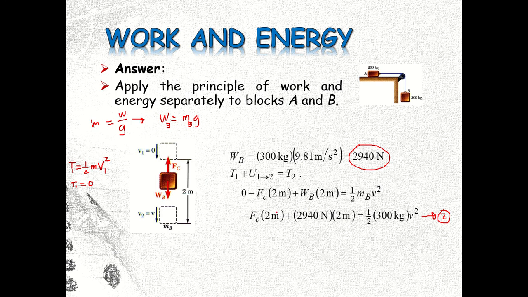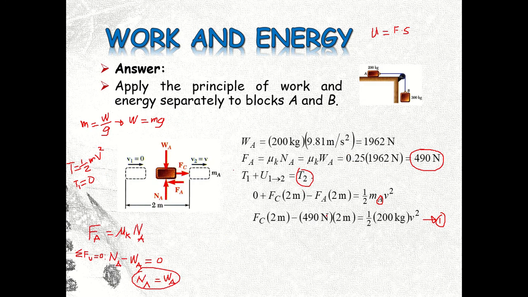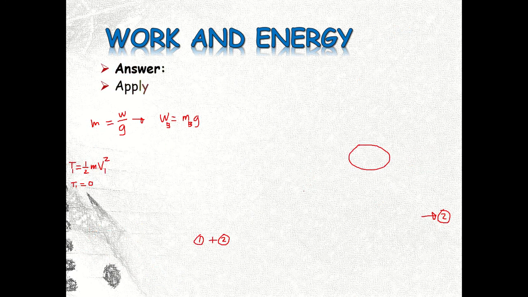So when you add equation 1 and equation 2, this part here, Fc times 2 meters, will become 0, combining with the positive Fc times 2. And then you combine this one, 2 meters multiplied by this, with this one here. So adding them, what will be the result is,